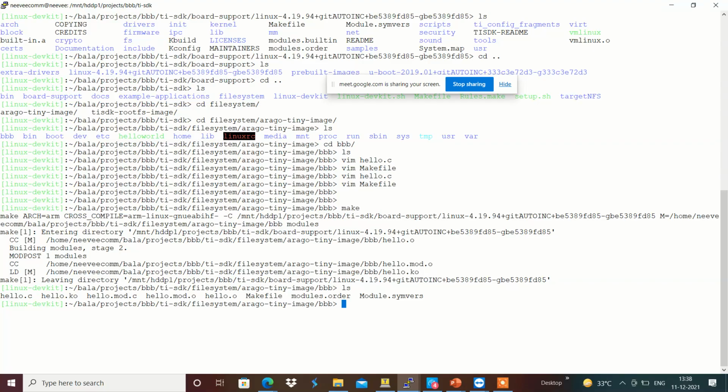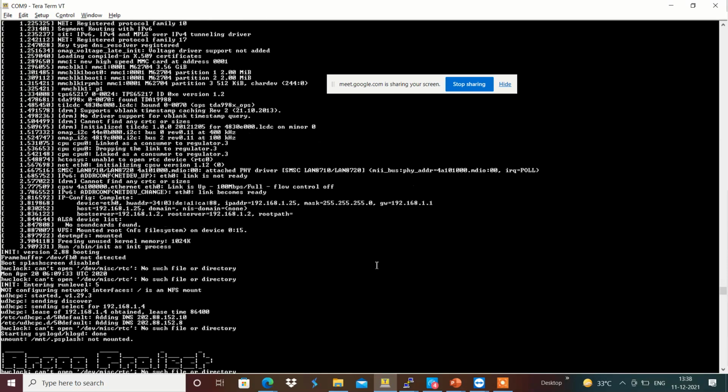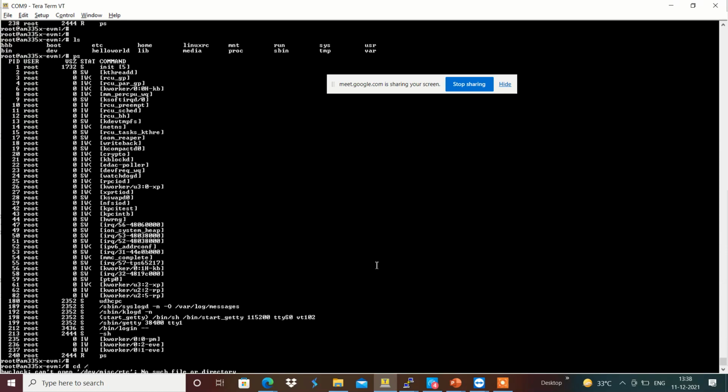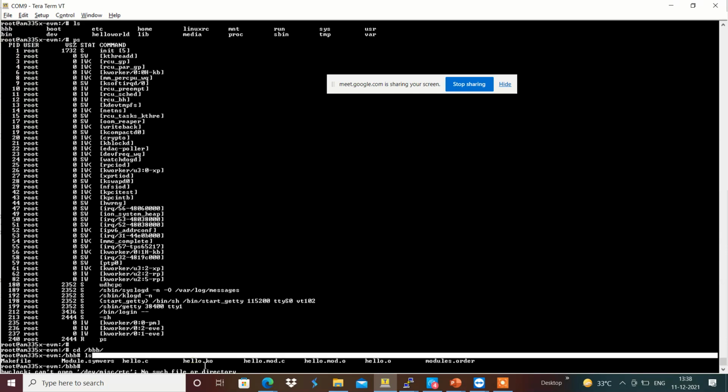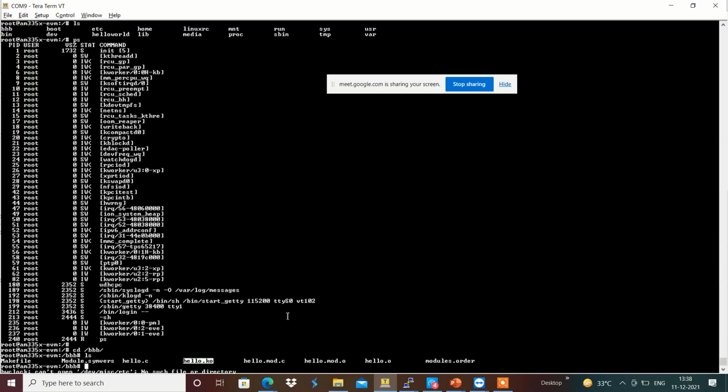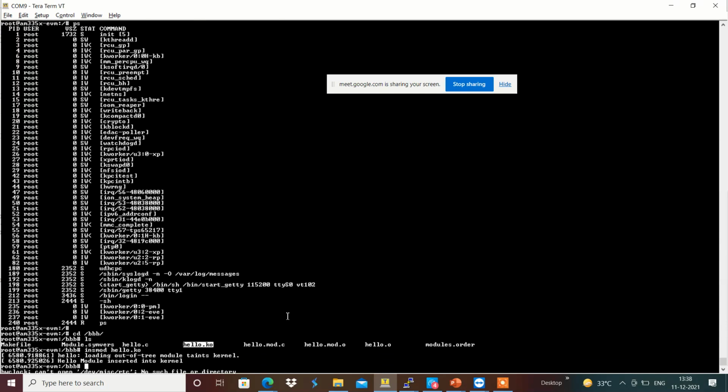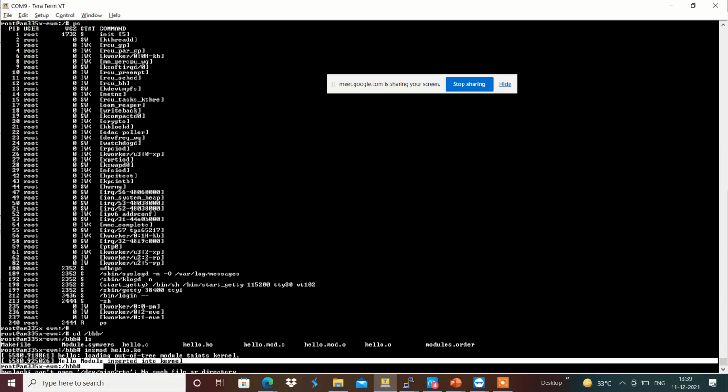Here we have the kernel module over here. In order to insert a kernel module, we have the command called insmod, which is the command to insert a kernel module into the Linux kernel accordingly. For example, I am going to do insmod hello.ko, which basically gets the print, something like hello module gets inserted into the kernel over here.